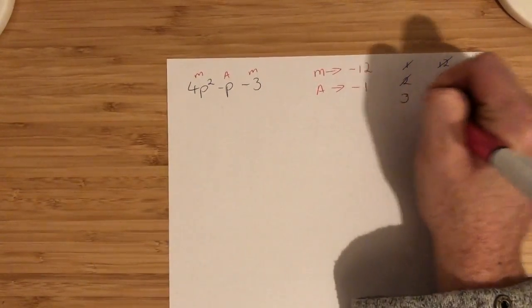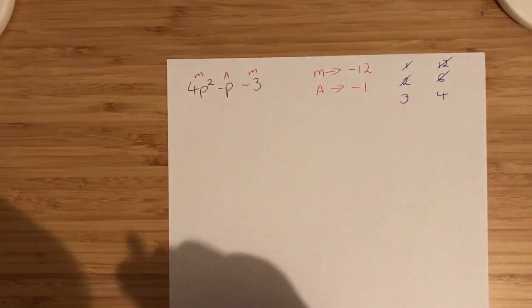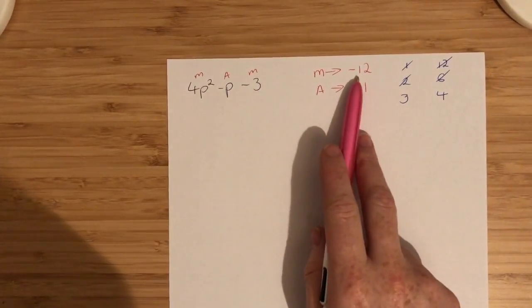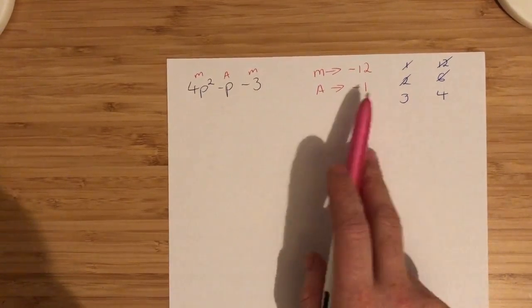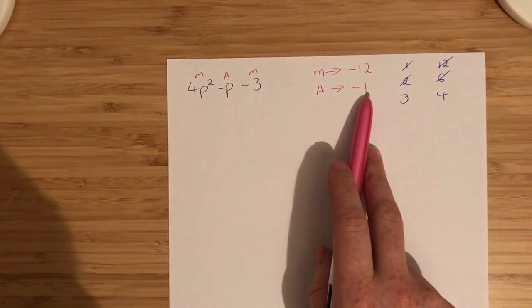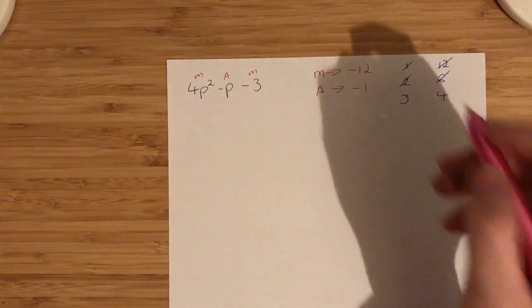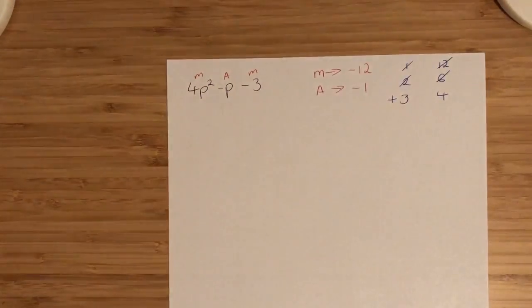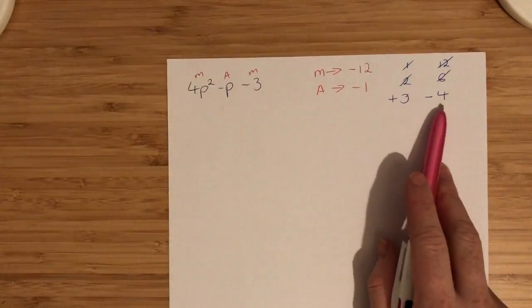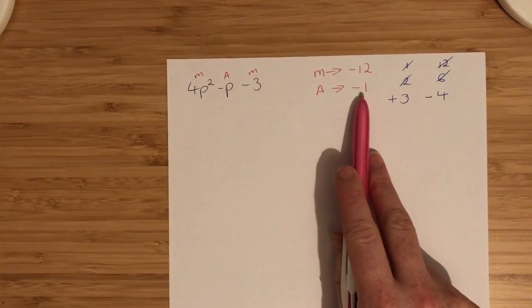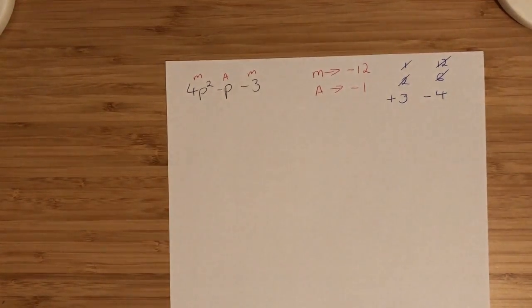We have 3 and 4. Oh wait, this looks a bit better. We have to get to negative 12, so one of them's positive and one of them's negative. We have to get to negative 1, which means we want plus 3, take away 4. Plus 3, take away 4 is minus 1. So going back to our expression,